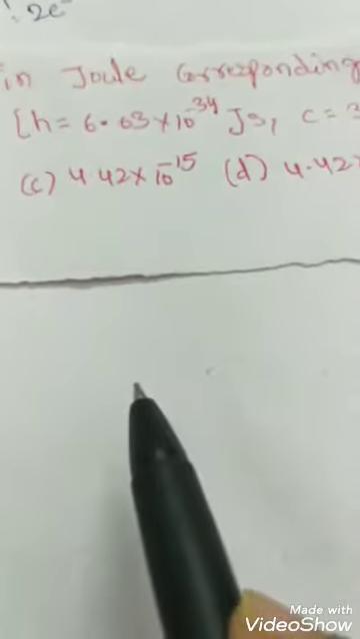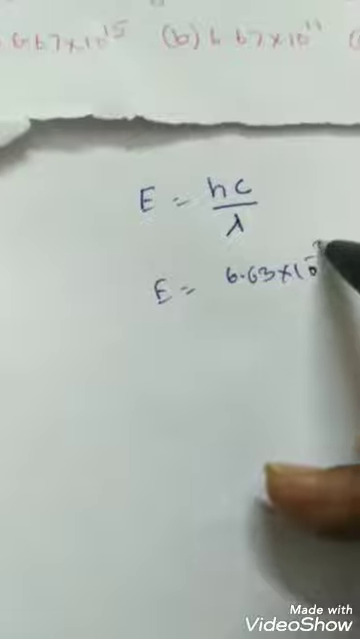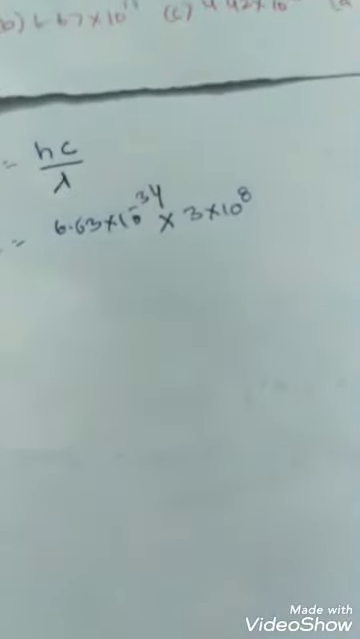In the problem, only the H value is given. What is the H value? 6.63 into 10 power minus 34. So you substitute the values. E equals 6.63 into 10 power minus 34 into C, which is the velocity of light. In the problem, it is given as 3 into 10 power 8 meters per second. Okay, so next